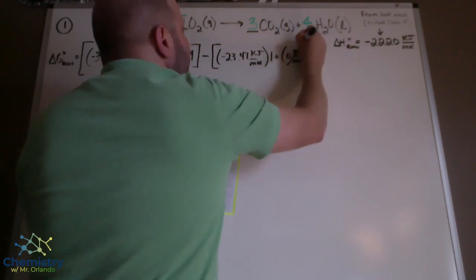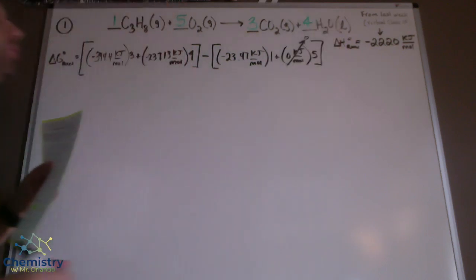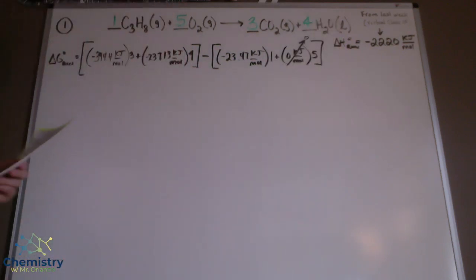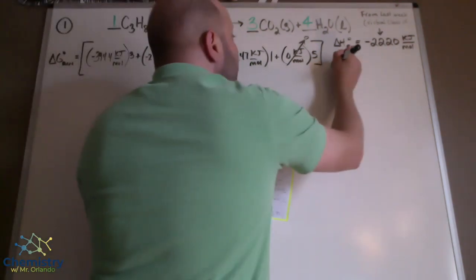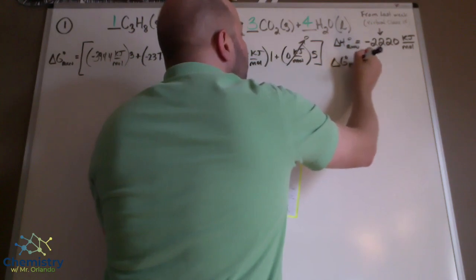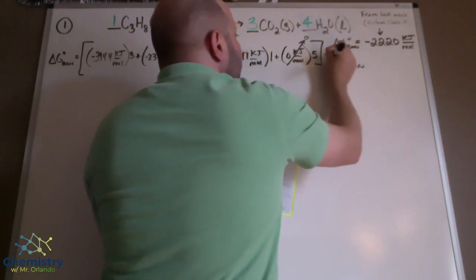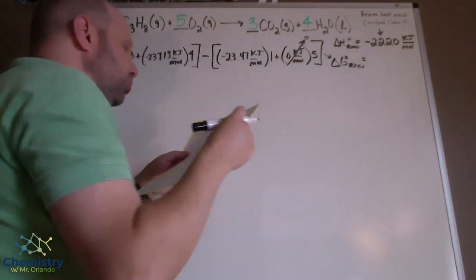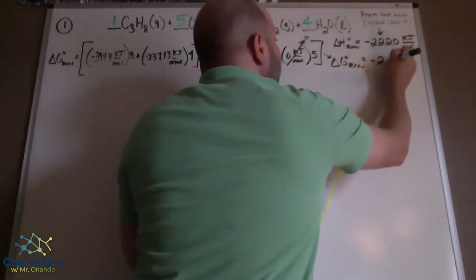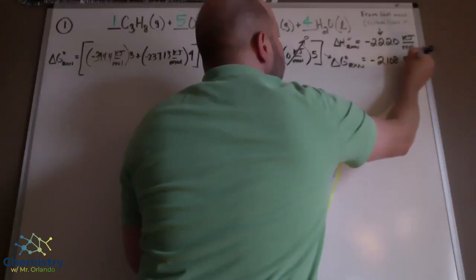It doesn't really matter because this still ends up being 0. When we perform this calculation, we get a delta G value for this reaction that is equal to negative 2,108